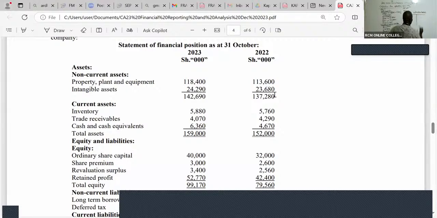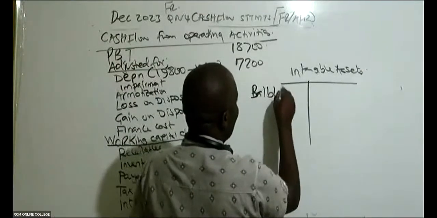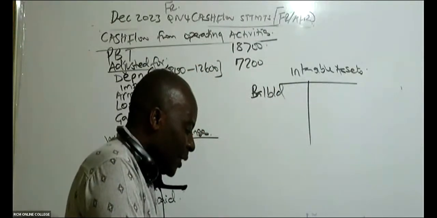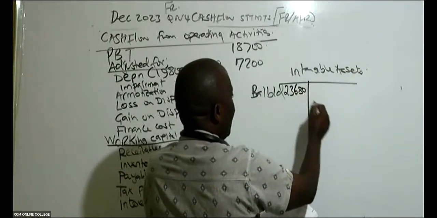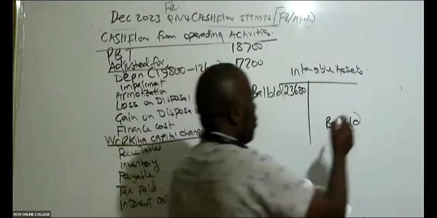So the 2022 is the brought down. Remember, 2022 is the brought down. 2023 is the carried down. So this being an asset, I know that this intangible 23,680 will be debited, because this is an asset you debit. So we have here balance brought down, ladies and gentlemen, that I have here in my intangible is 23,680. And then I have balance carried down,